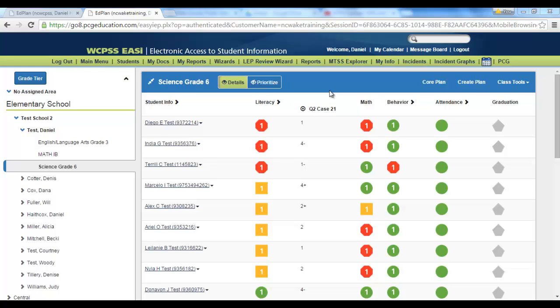Let's say I have a core plan in place, but I still have some students that are not responding to core instruction. I can sort by their early warning indicators. I can also look at expansion data and even pin an additional data point or points for display. In looking at these students